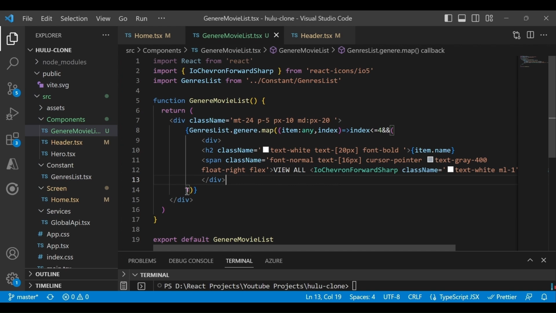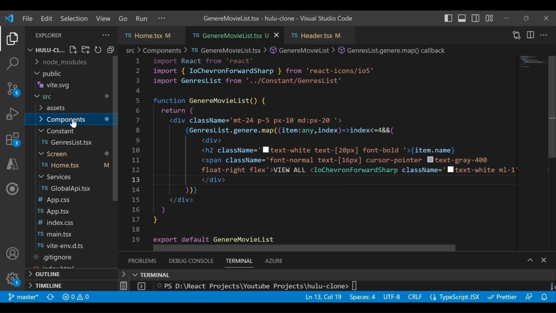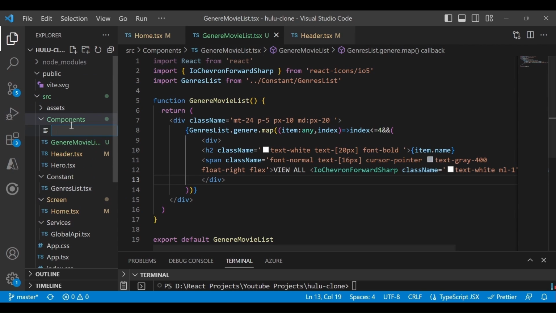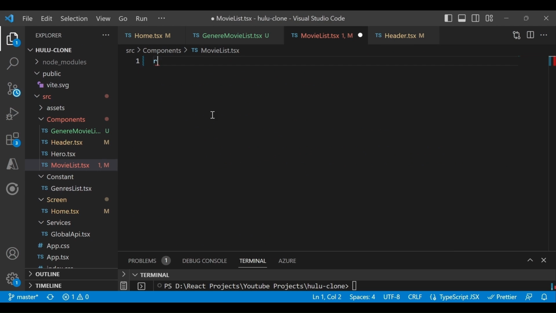Now next let's create another component. Okay, so we will call that genre movie list. Oh sorry, not genre movie list, we will call it movie list. Okay, so movie list dot TypeScript, and here add the default template.